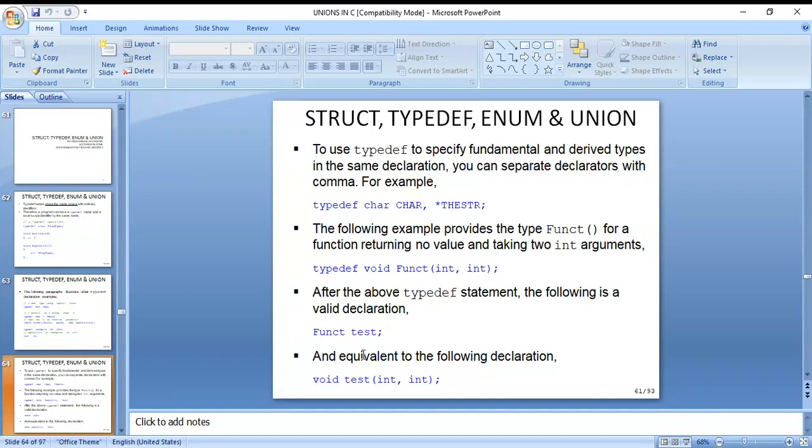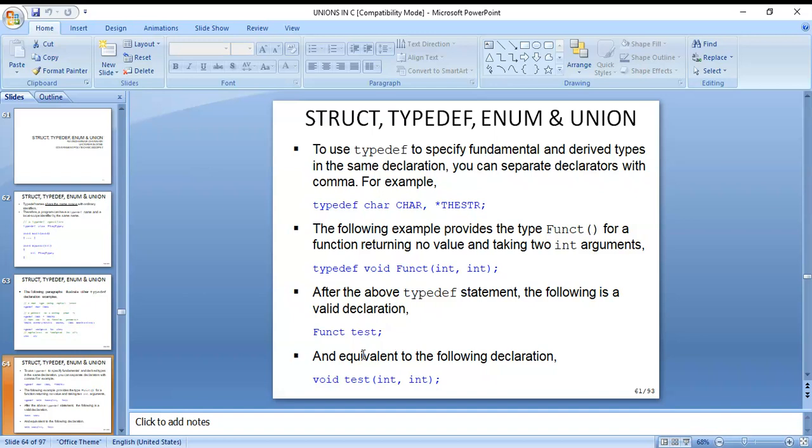After the above typedef statement, the following is a valid declaration: FUNCT test; which is equivalent to the following declaration: void test(int, int);